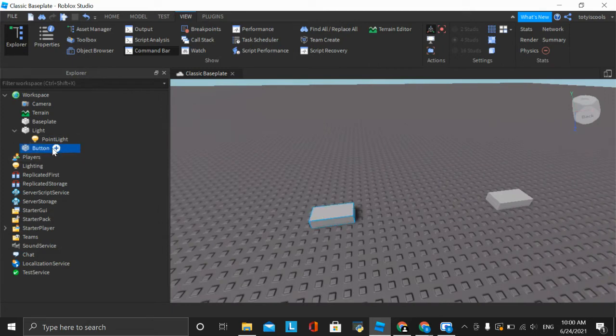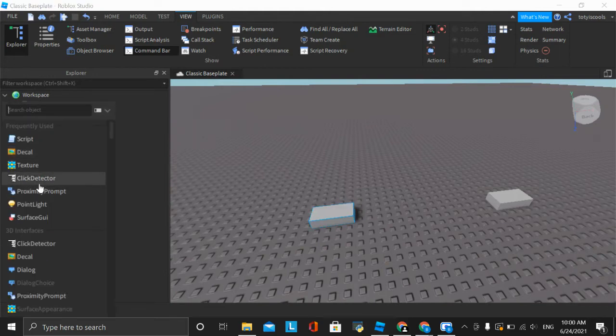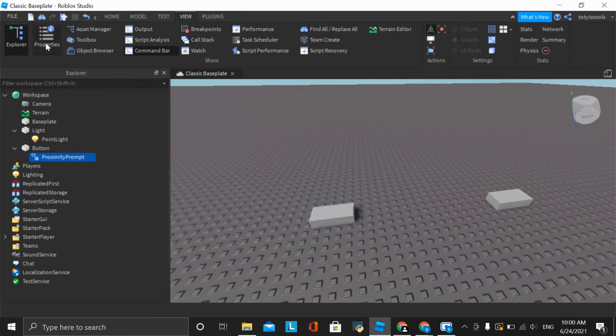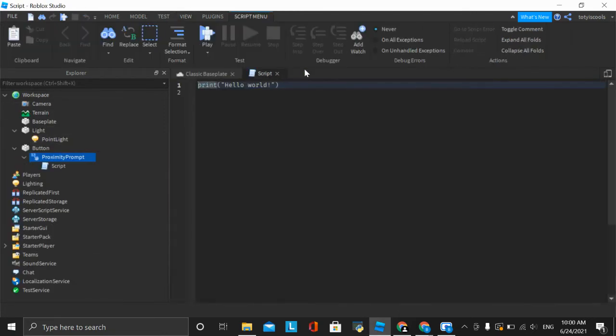If we go to the button, insert a proximity prompt. And inside of the proximity prompt, put in a script. We're going to begin with making variables. So we're going to do local prox prompt. Again, this is going to be another tutorial for proximity prompt. This is kind of like a 2-in-1. So local prox prompt